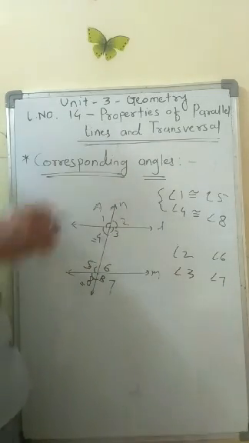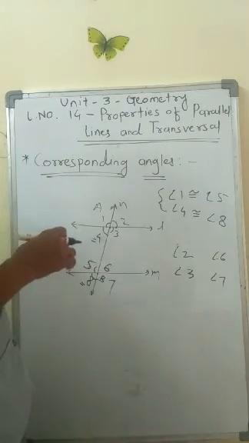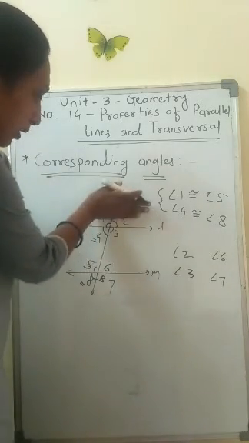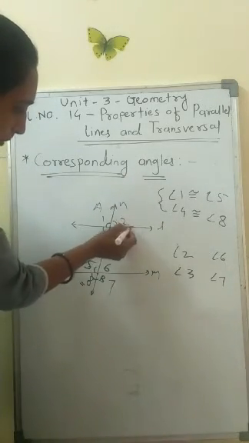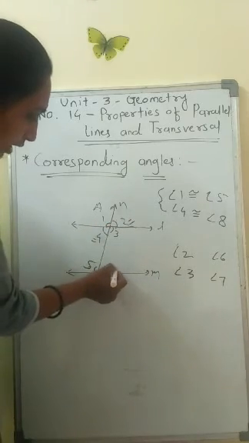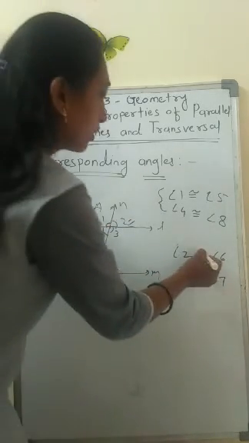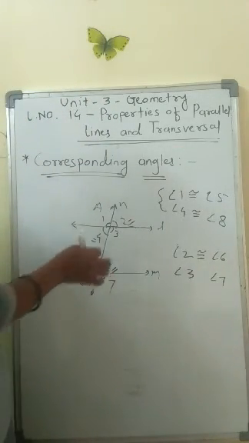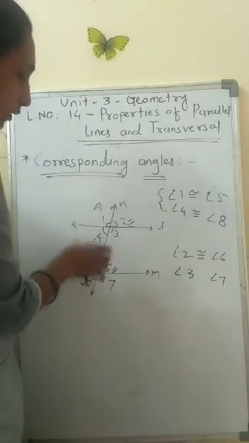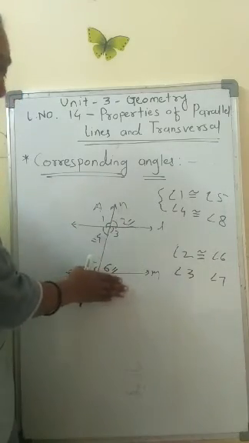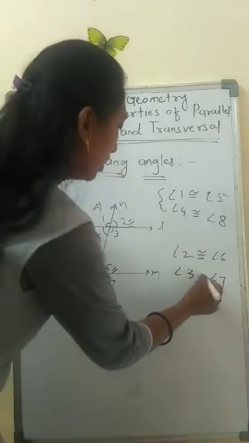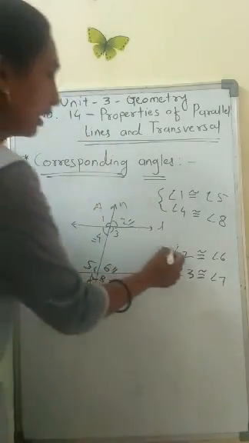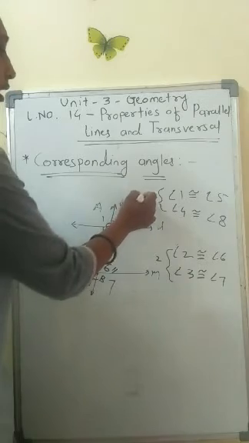What about the corresponding angles again? Corresponding angles you always get on the same side, on the parallel lines also. So above the parallel line, you have angle 2 here and angle 6 here. It means that angle 2 and angle 6 are congruent to each other. And the next pair is angle 3 and angle 7, below the parallel lines. So another pair you get for the corresponding angles, and now there are also 2 pairs here.